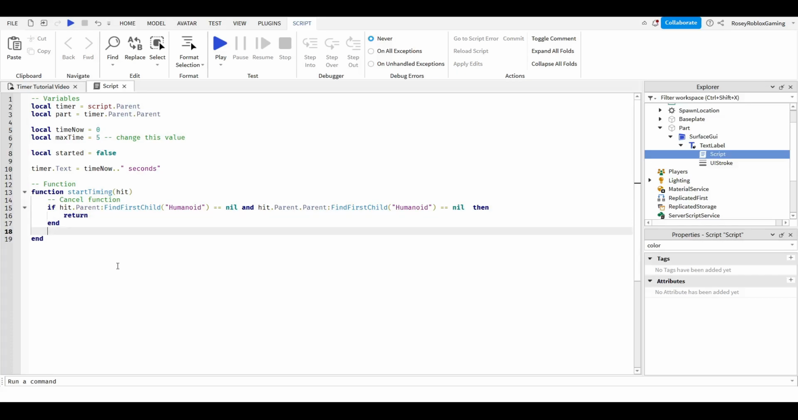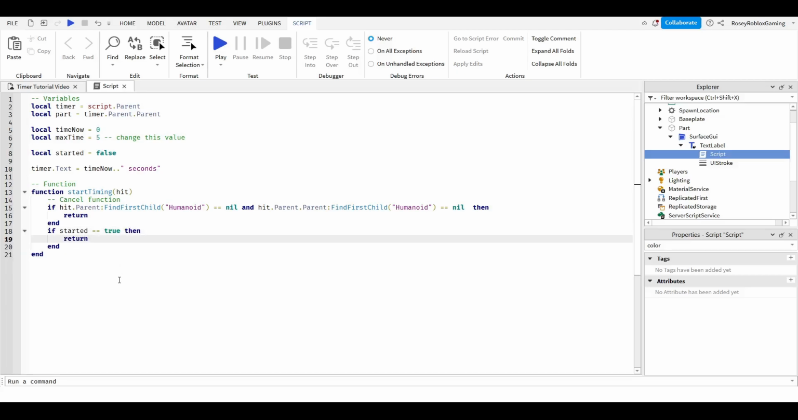We also want to cancel the function if it's already started, so let's say if started equals equals true, then return. Now we can start timing, and to start timing let's add some reset settings. So if we've done a timer before, we don't want it to start at 5, we want it to start 0 again, so let's say time now is 0,